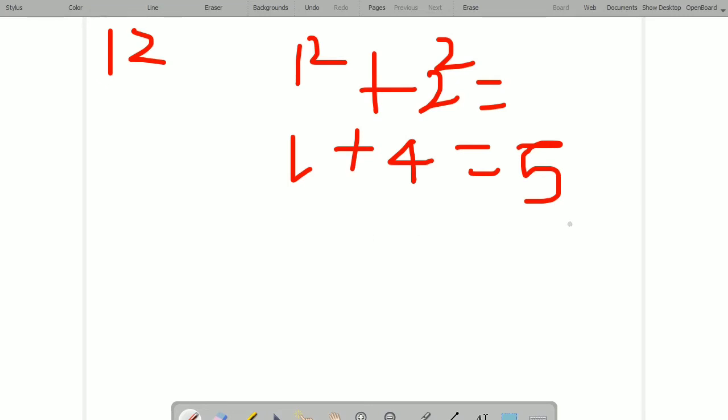So the other numbers, 32 and 31, are all happy numbers. 17 is not a happy number. So now the question is understood clearly, right? Now we'll go for the program.